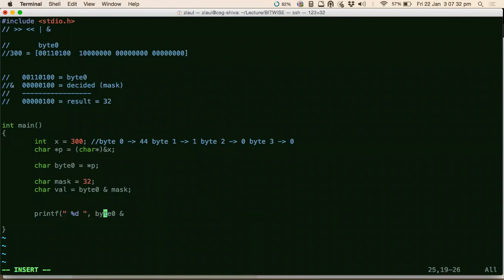Not 1. I mean, I did this, right? You just do a bitwise AND here, and then you get 1 at the 5th position. This number is 32, right? Not 1. But then you just write a logic that if value is greater than 0, then print 1, else print 0.